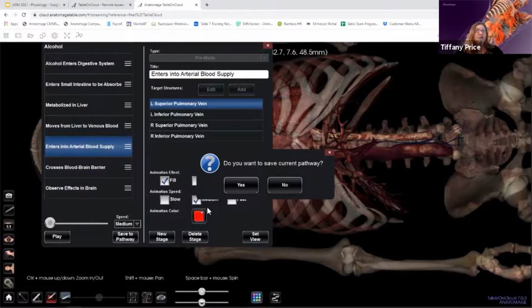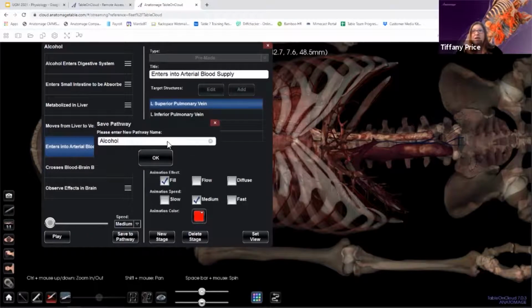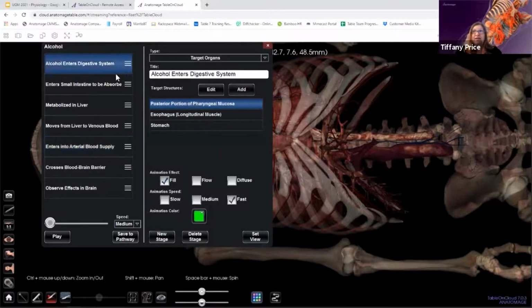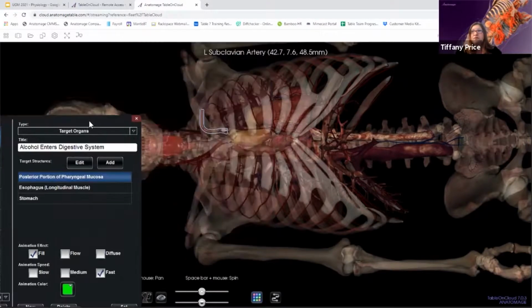And then if you make any changes to our existing pathways, it will ask if you want to save those changes, and then you can save those changes as your own new pathway. So you can be like alcohol modified. It won't let you overwrite ours, but it will let you make changes to ours and then save it as your own. So for instance, back here where I removed the heart from that scene,